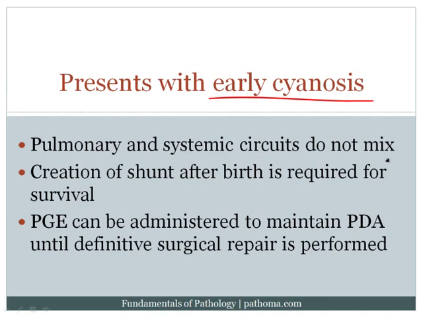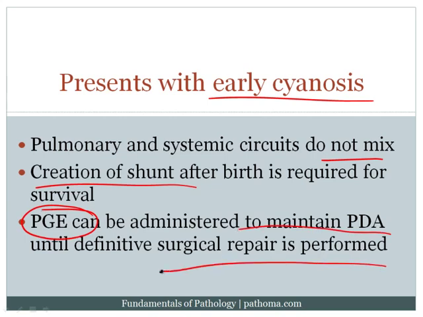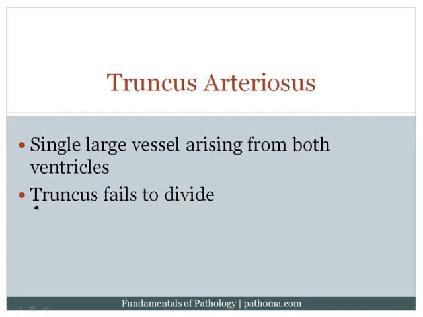Again, we know that the circuits do not mix. In order for the baby to survive after birth, we're going to need to create a shunt, and one way we can do that is to give prostaglandin E, which will maintain the PDA until we can eventually surgically repair this problem. Truncus arteriosus is when you have one large trunk arising from both ventricles, and that's because the truncus